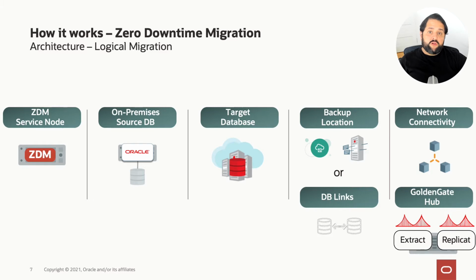And finally, we use GoldenGate. So we have a GoldenGate hub that is deployed on an OCI compute node, and it uses a specific image. This image for GoldenGate comes from the OCI Cloud Marketplace. This image specifically is called Oracle GoldenGate for database migrations, and it was created with the specific purpose of being used for ZDM and the Database Migration Service, which is a service native to OCI that is powered by and has as an engine ZDM.